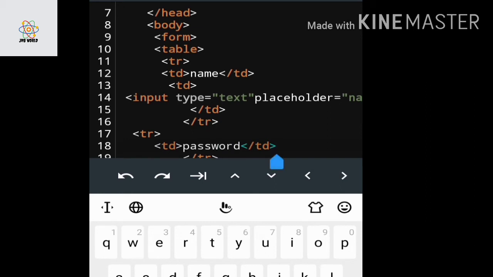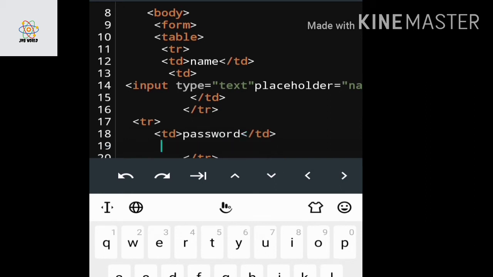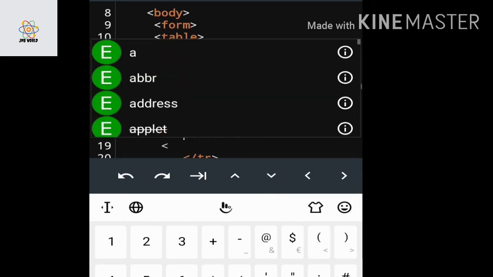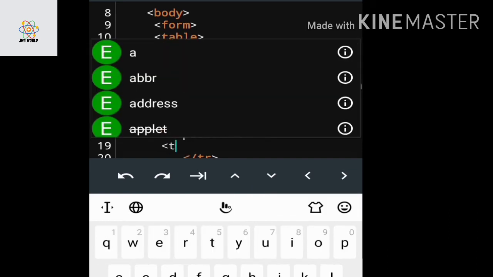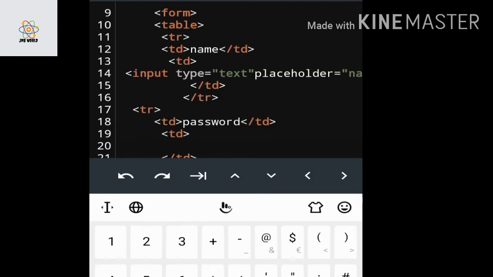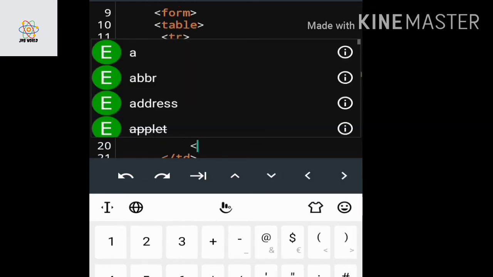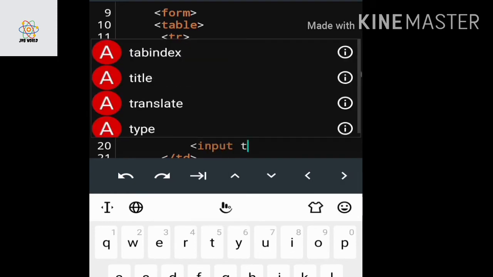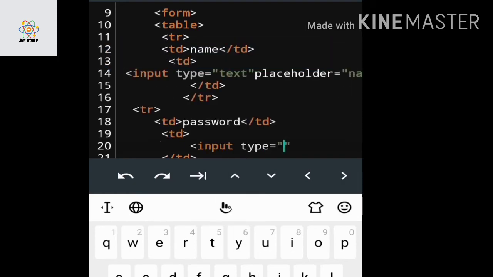And within this same row I have to again enter the text box, and for the text box I give input type. My input type will be password. Password means it will be unreadable.